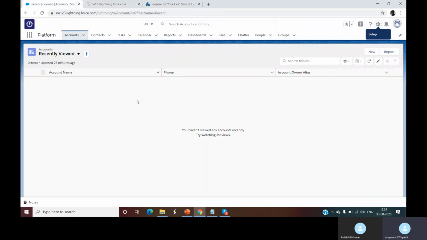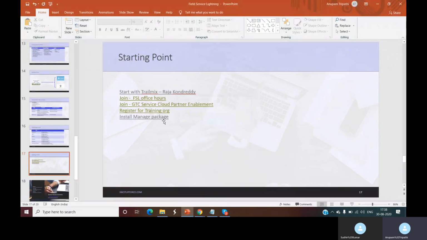So you get two links, one for production and one for sandbox. You just have to pick that link, put it in the browser, and then enter the credentials of your training org. Once you do that, it will ask which users you want to install for: admins only, selected profiles, or all profiles. You can select admin, and then click on the install button. Once you do that, it will install that package for you. And once that package is installed, you can